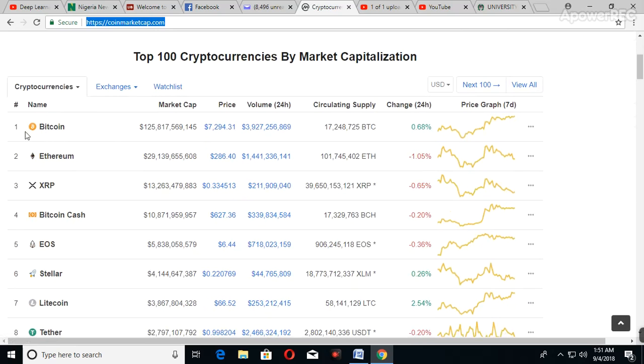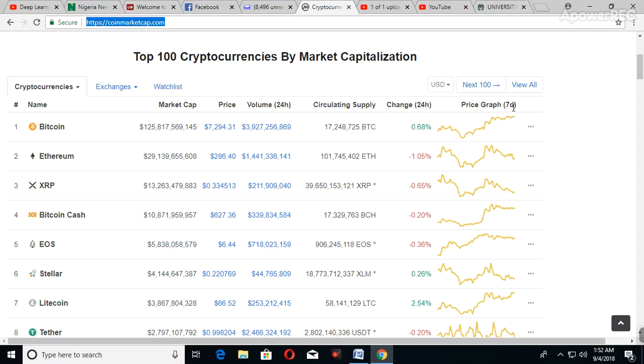CoinMarketCap. You can see this is Bitcoin, and this is the current price, $7,294.31, and this is the volume that is being traded within 24 hours. This is the total circulating volume of Bitcoin. This is the change in price of Bitcoin in 24 hours, and this is the graph showing the change in